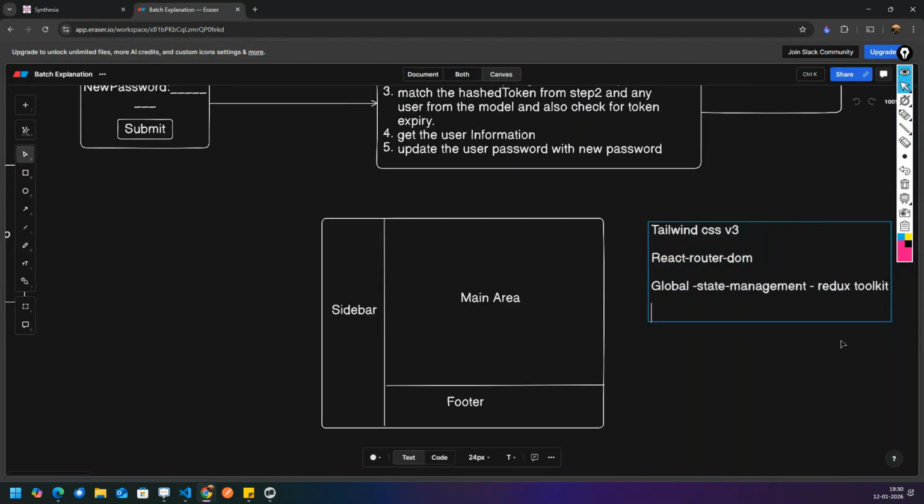Fine. And then for API calls we will use something instead of fetch. There is a very good option to use instead of fetch, that is Axios. So Axios we will use over here. And these things will help us to complete our front end application. So let's start building our front end application, correct?